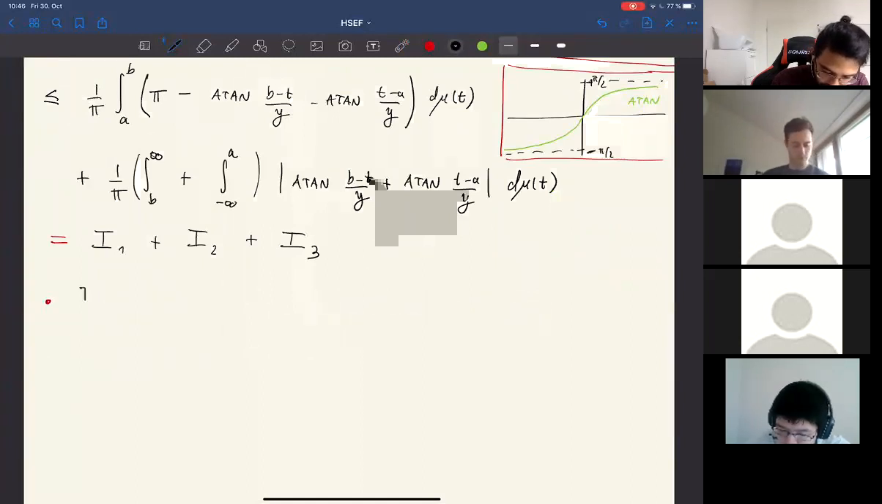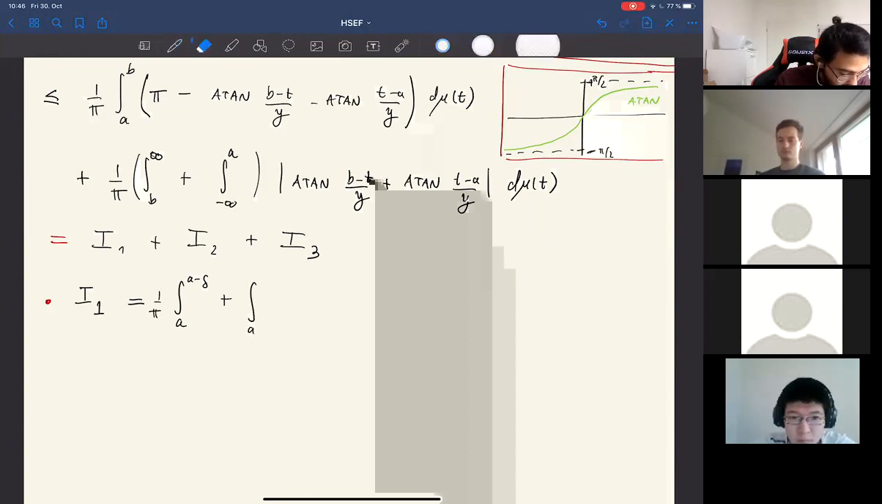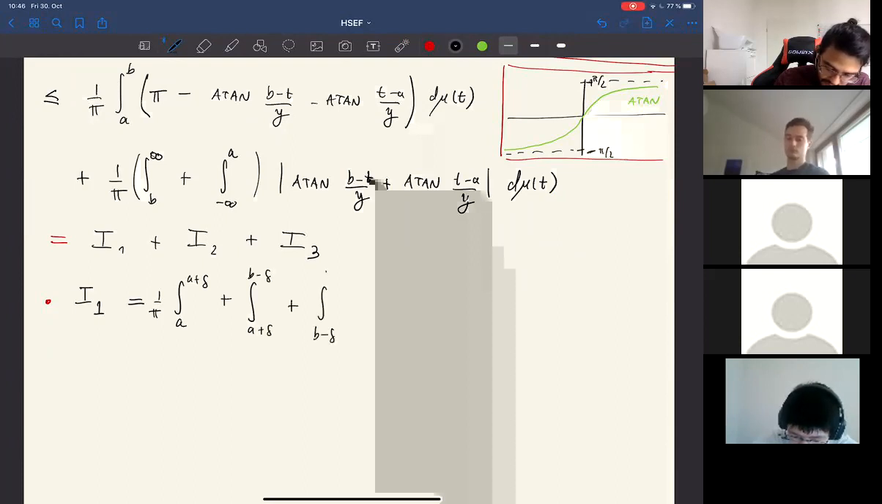So let me analyze each one. So I1, what is I1? We have an integral from A to B. What I'm going to do is integrate from A to A minus delta, and then let's have one over pi here, plus an integral from A plus delta to B minus delta, plus the integral from B minus delta to B of whatever I have inside,